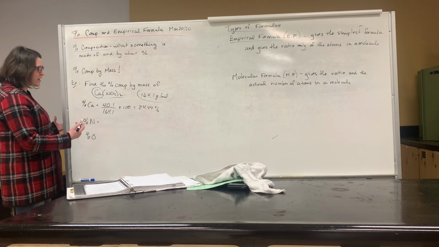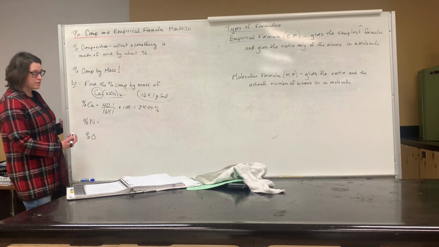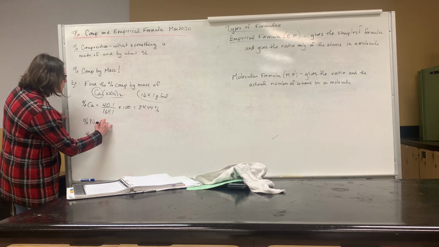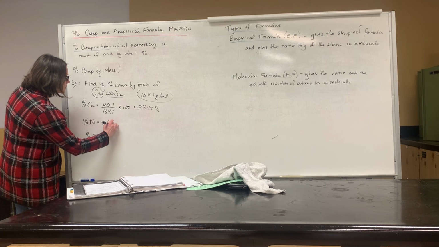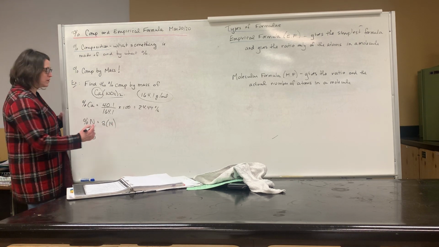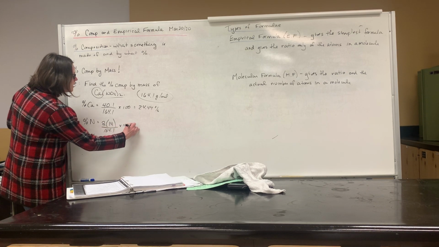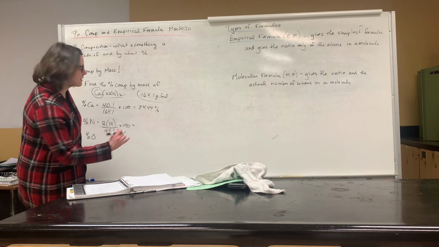So I have to factor that into solving for the percentage here. So I'm going to take 2 multiplied by the 14.0, which comes from the periodic table again, divided by the 164.1 multiplied by 100, and I get